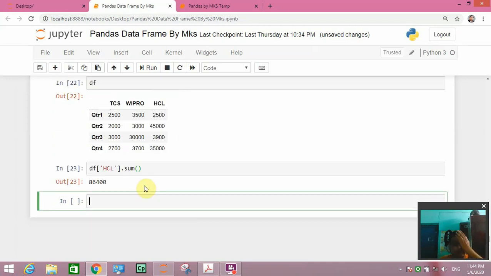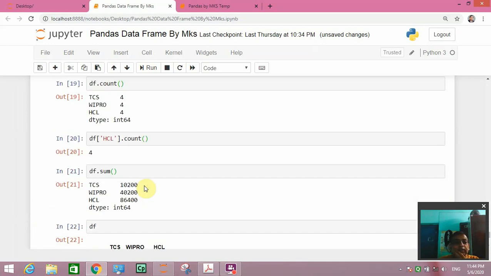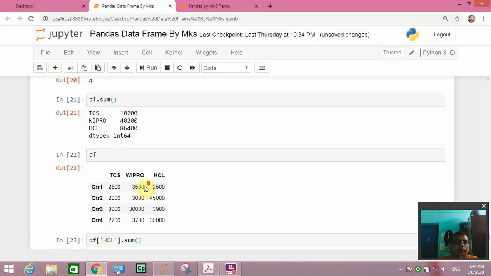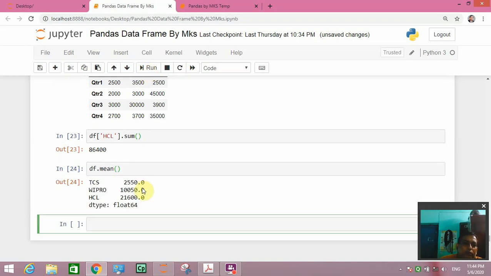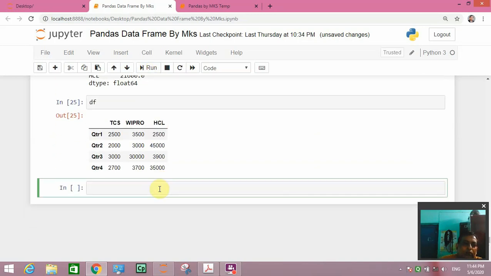So sum we have completed, count we have completed. Next one is, same way you can write mean, df dot mean. It will give the mean of all the columns. You can see here, it is our data frame.